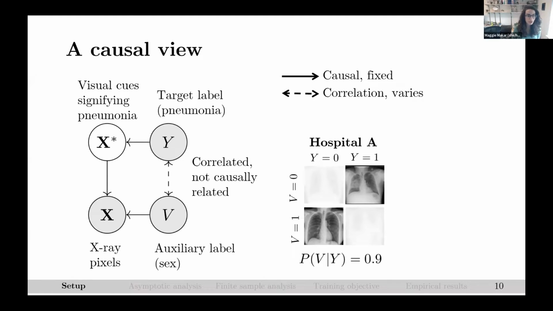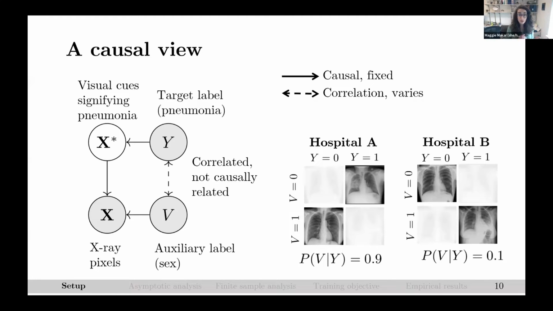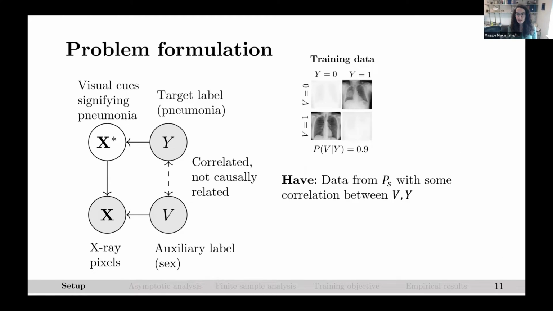So for example, I can sample from hospital A, where the probability of observing a healthy woman rather than a woman with pneumonia is 0.9. But for hospital B, the correlation could be completely reversed. In fact, you can have the probability of observing a woman having pneumonia be 0.9 rather than 0.1. Okay, so the first nice thing about this causal view is that it gives us a concrete